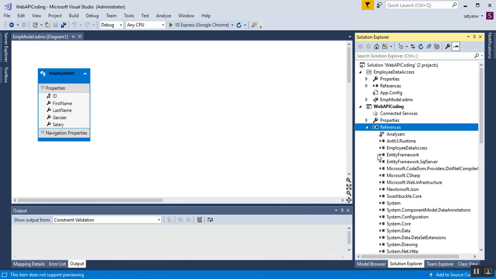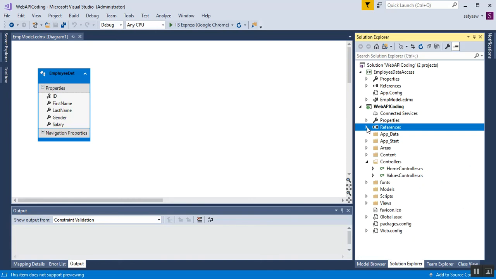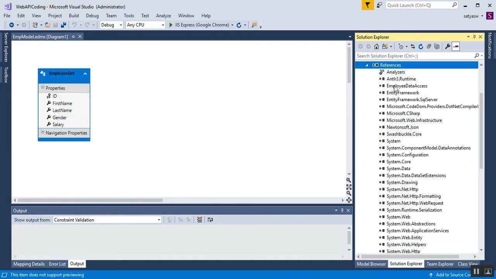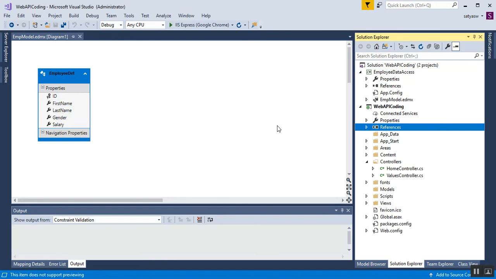So guys, here we can see the reference, the DLL file, shown in the references of my web API project, that is EmployeeDataAccess, right? It is a DLL file, so whatever features are available in my class library project, we can access all the properties and classes, everything, in our web API project by using the EmployeeDataAccess class library project as a DLL file. In this way we can add the reference of the EmployeeDataAccess class library project into our web API project, right? Okay, so this is all about how to add the entity data model in our web